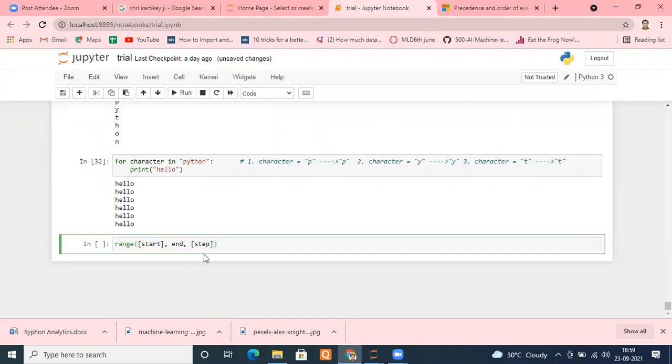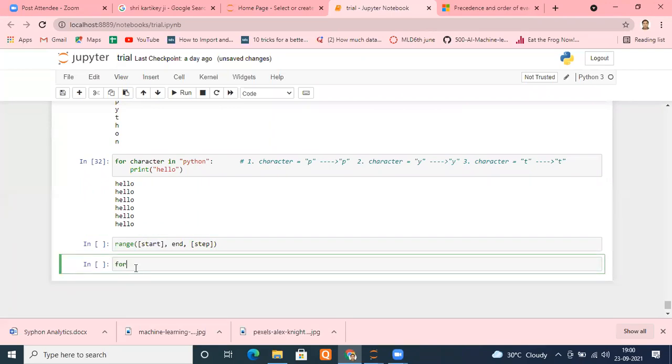If you don't give it, it will take the step to be 1. If we want to skip numbers, for example, I said generate the numbers from 1 to 10. Then what do I have to put here? Can anybody tell me? If I don't put anything here, what default will it take? Start 0. I told you it will take 0. If I don't put anything in the start, it will take it as 0. Let me show you that.